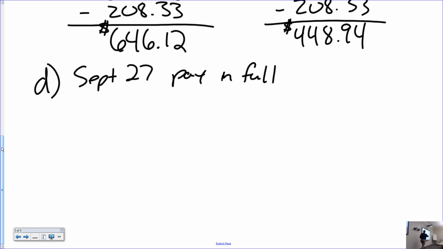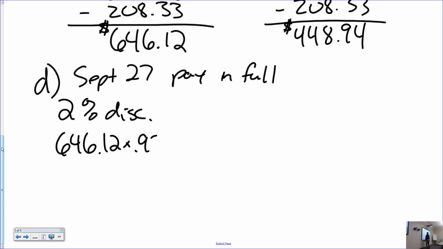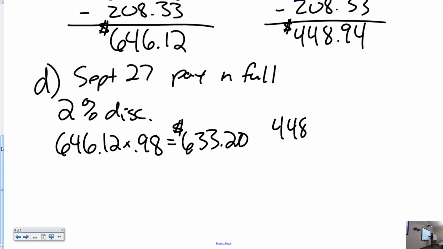On September 27th, folks, we're getting a 2% discount. When you pay in full, you just take 2% and subtract. Or multiply by 0.98, right? So this one was the 633.20. And then the other one, if you took 448.94 times 0.98, you owed